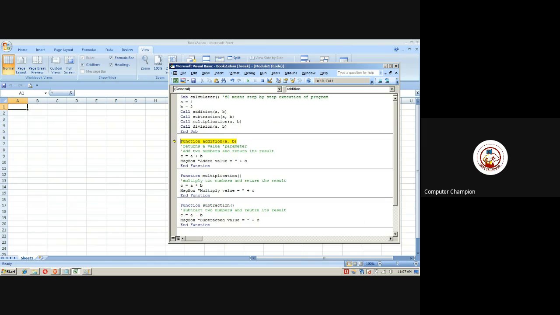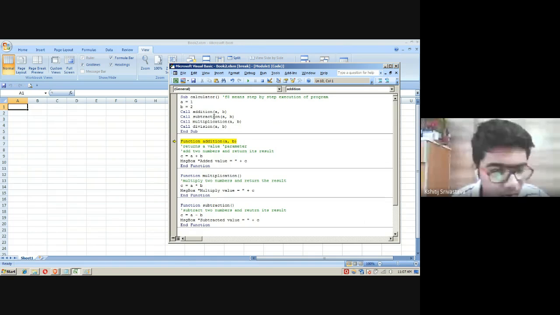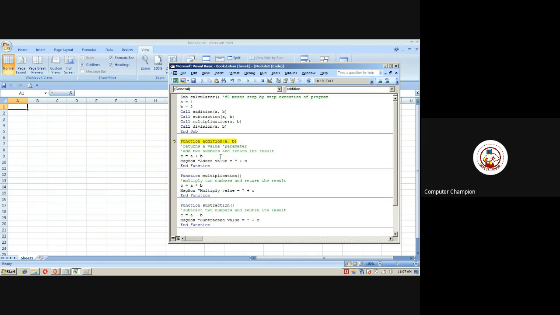You saw what happened? Where did the cursor go? It went inside the function addition. Now in the function, I have given a parameter 1 and 2. From where did this 1 and 2 come? From the subroutine. Yes, correct. And as it is a function, I told you function returns a value. So it will return me the addition of the function.